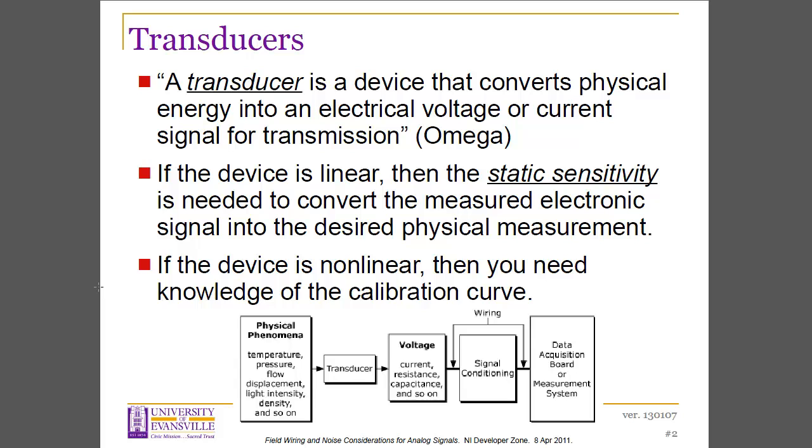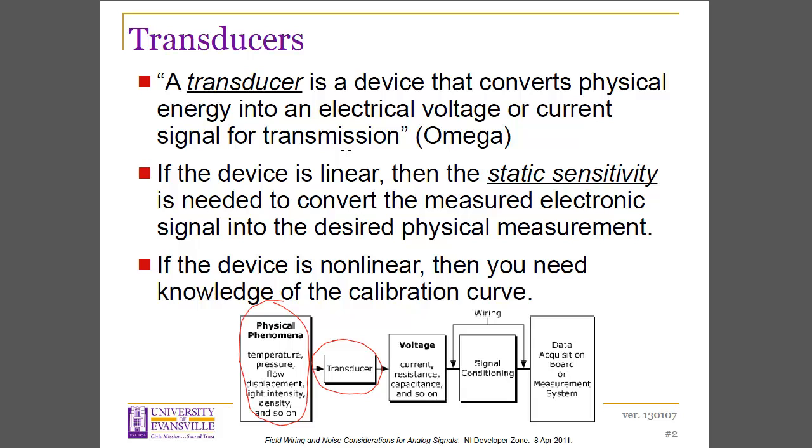Instrumentation and measurement always begins with what we want to measure. Usually there's some sort of physical phenomenon that we'd like to capture: temperature, pressure, flow, displacement, in our case force. And to measure that electronically, we need some sort of electronic transducer. Now, Omega provides a nice definition. A transducer is a device that converts some sort of physical energy into an electrical voltage or current signal for